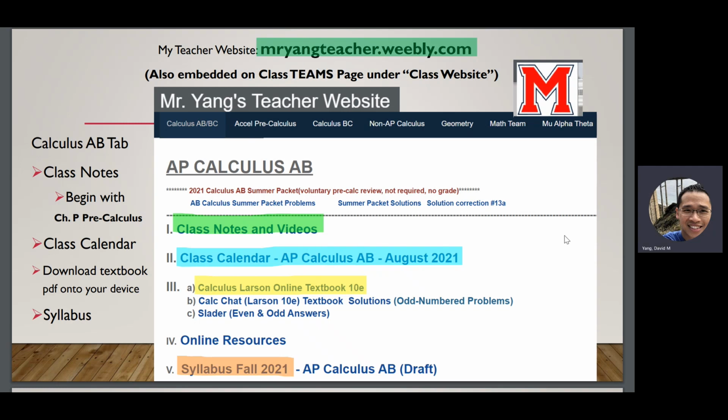When you go home, I'm going to send out a reminder this afternoon. Go ahead and download this onto your device so that you have a soft copy of the textbook in case you need it. I want to show you real quick what that looks like. So I'm going to go to my website here.